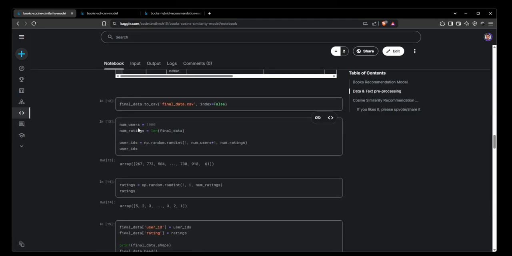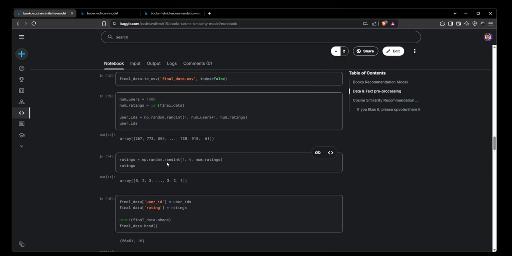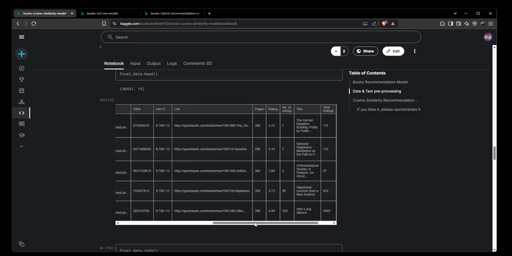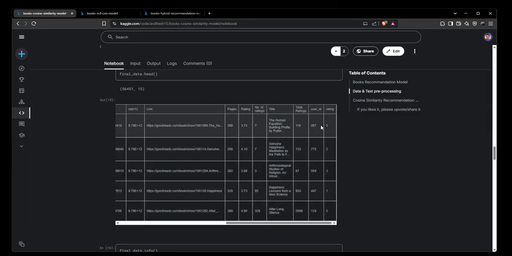After that, I have created a number of users and number of ratings, so that it will be very beneficial to create a cosine similarity. I randomly generated the ratings provided by the users, from 5 to 1. Then I have added those columns to the final data set and created the whole data set at last. For example, user ID 267 gives a rating of 5. This is randomly generated,